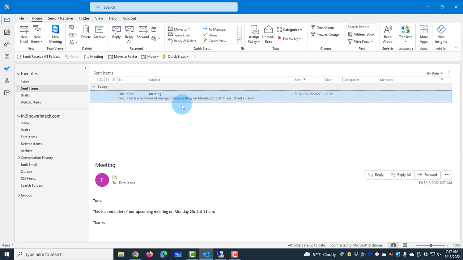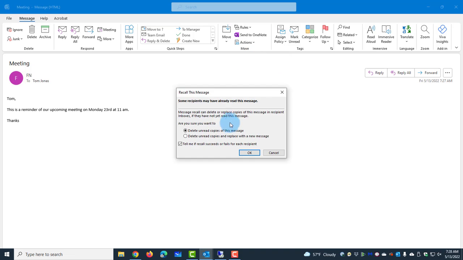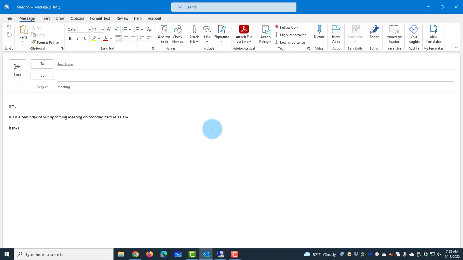So I'm going to show you the other option to recall this message. So I'm going to open the message, click on Actions, click on recall this message. So I'm going to select option 2, delete unread copies and replace with a new message. I'll click on that, uncheck this, click OK. So this is how it shows. So this is where you can edit the message here. For example, you can change the date here, you can change the time, and you can also include an attachment